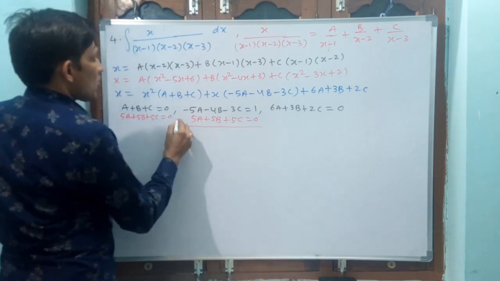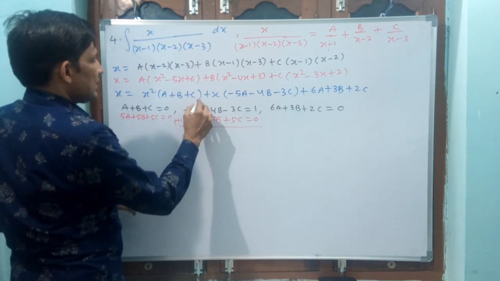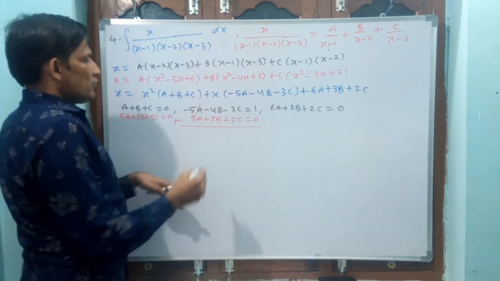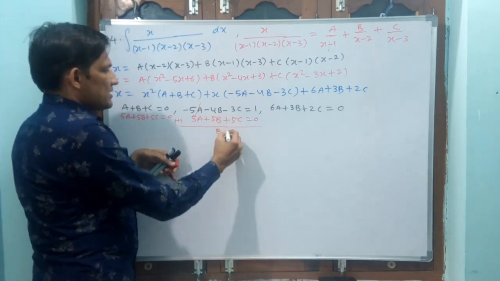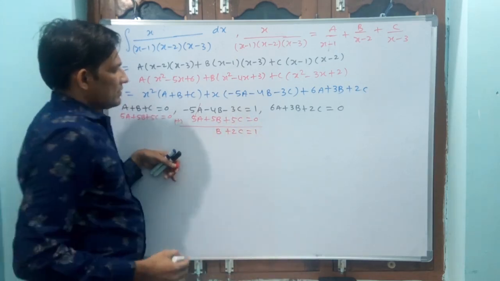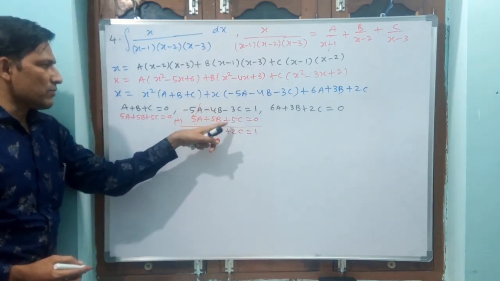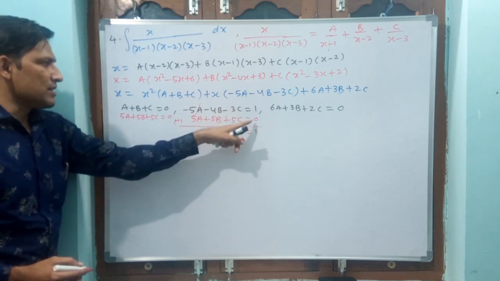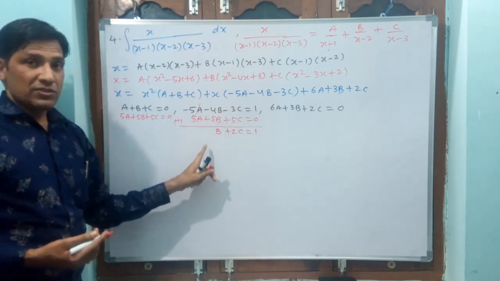What you have to do here? You have to add. Why? Because it is minus and plus, so if you add, it is going to get cancelled. You see, 5 minus 4 is 1, 5 minus 3 plus 2c is equal to 0 plus 1, that is 1. Adding means plus minus is there, 5 minus 4, plus minus is there, 5 minus 3. Both a and b are 0, 1 plus 0. Like this, see, this is 1.